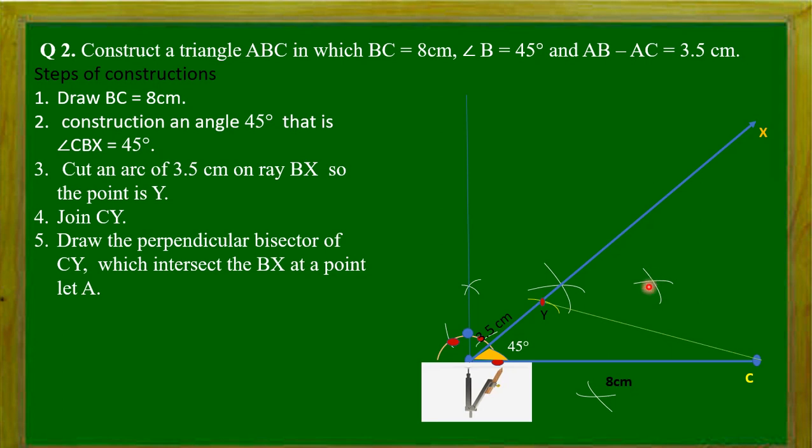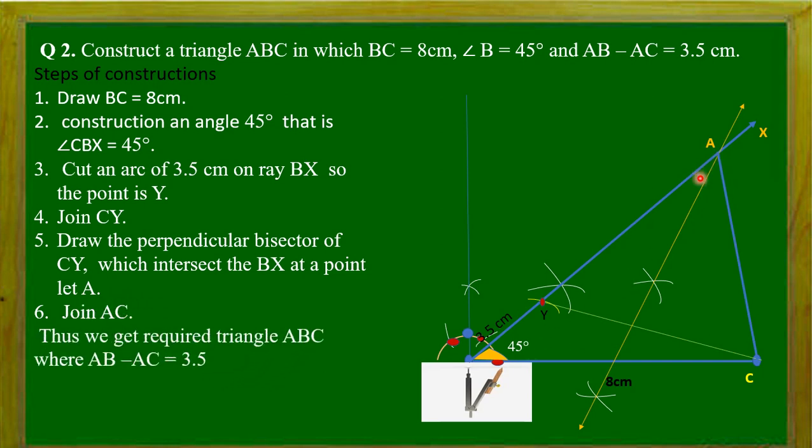Now these two intersection points of the arcs, when we join these 2 points and extend this line, that is the perpendicular bisector. So we get the perpendicular bisector, and this perpendicular bisector intersects the ray BX at a point. Let it be A. Now this is the required point A of the triangle ABC, and we join this point A to the point C. So we get a triangle ABC where angle B is 45 degrees and AB minus AC